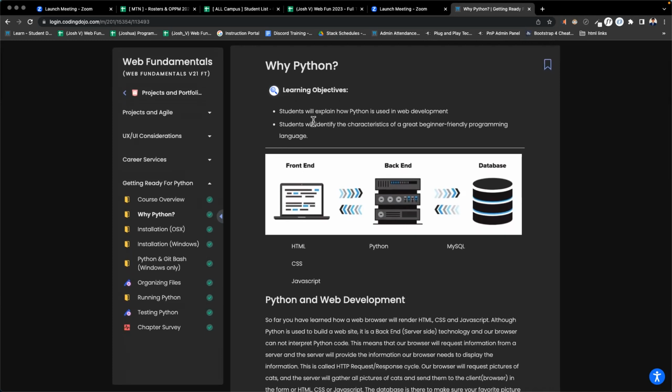So the language itself, Python itself, is a beginner-friendly programming language. That's the good part. It's not super hard to read Python. And now that you've done so much JavaScript,